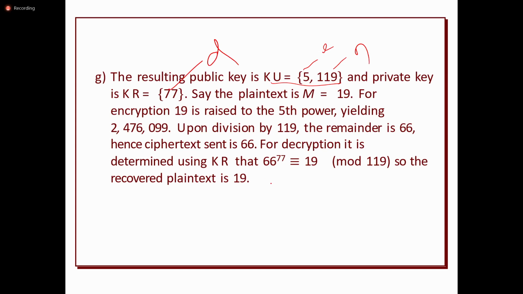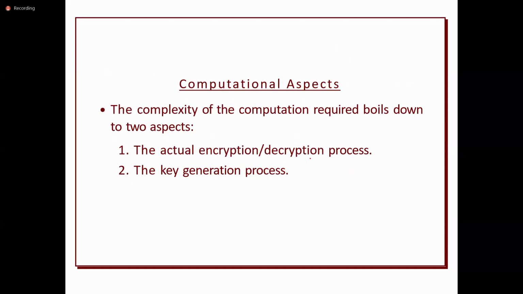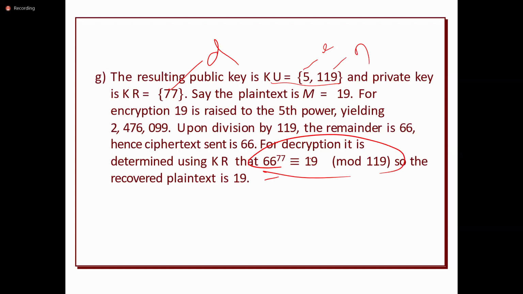Finally, after applying the formulas, the ciphertext will be converted to the plain text at the receiver side. But is it possible to calculate the 66 power 77 value? It is computationally